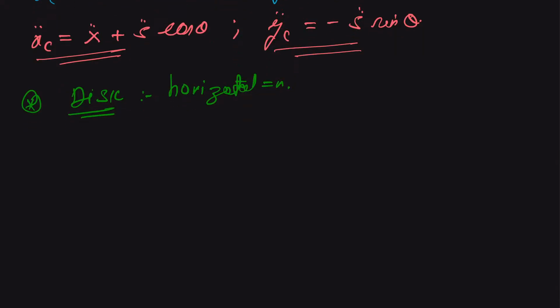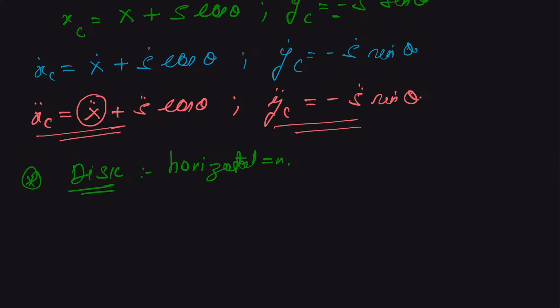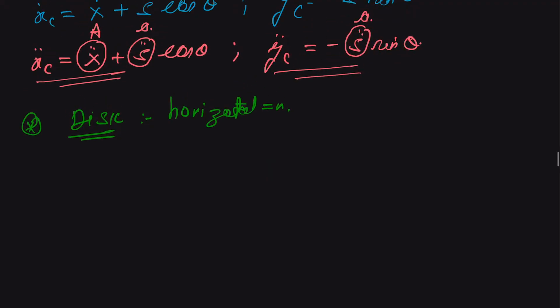We can call the acceleration of the block, the wedge, capital A, and the acceleration of our disk small a. Therefore, in terms of horizontal, we can write mass into the acceleration A plus a cos of theta will be equal to